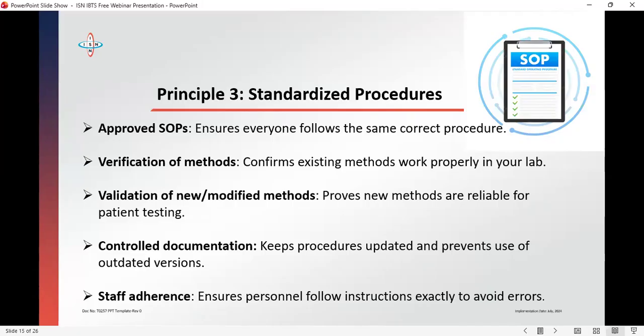They write it. Once they write it, they send it to the lab manager for approval. After it has been approved, you test it for a period of time. Then you issue it out and do a training for everybody. This is a requirement, and you should continuously monitor that standard operating procedure to establish its efficacy. It is required annually to review your SOPs, whether they are still valid. It is not, "Yes, I have written the SOP, and that is the end." Something may change and you need to update it.